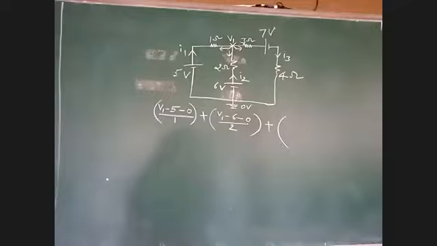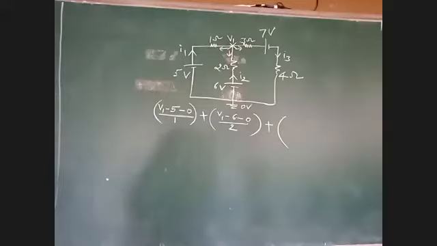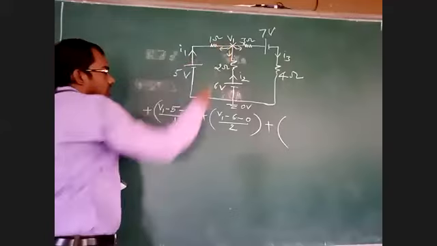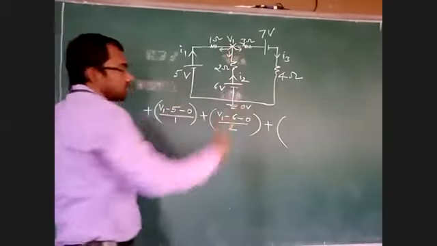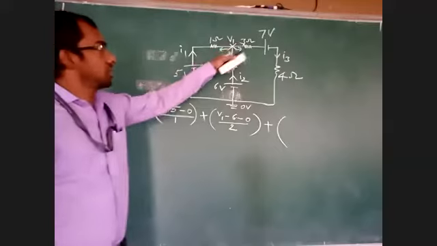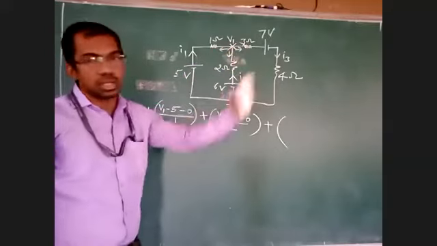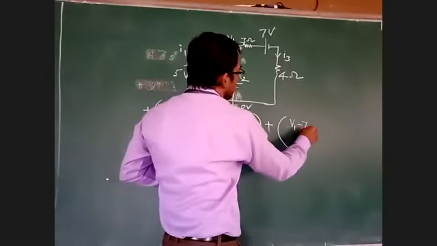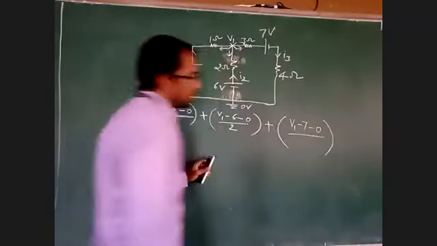We are writing the nodal equation now, not the current equations. First you have to determine the node voltage. Once you know the node voltage, then you will go for the branch currents. See, this direction is plus, this direction is also leaving from the node, plus, and this also plus. The algebraic sum of all these currents at a node point is equal to 0. That is KCL. That is V1 minus 7 minus 0 by...